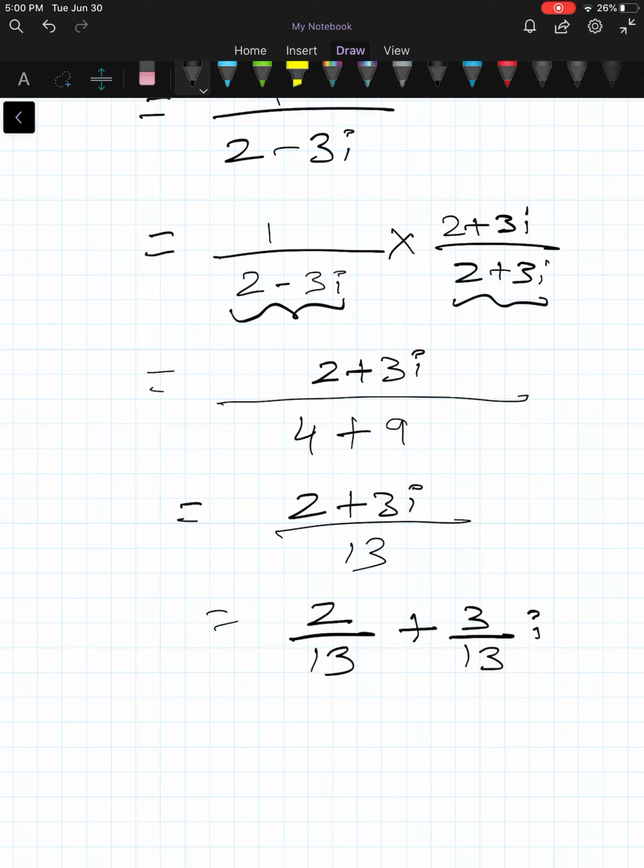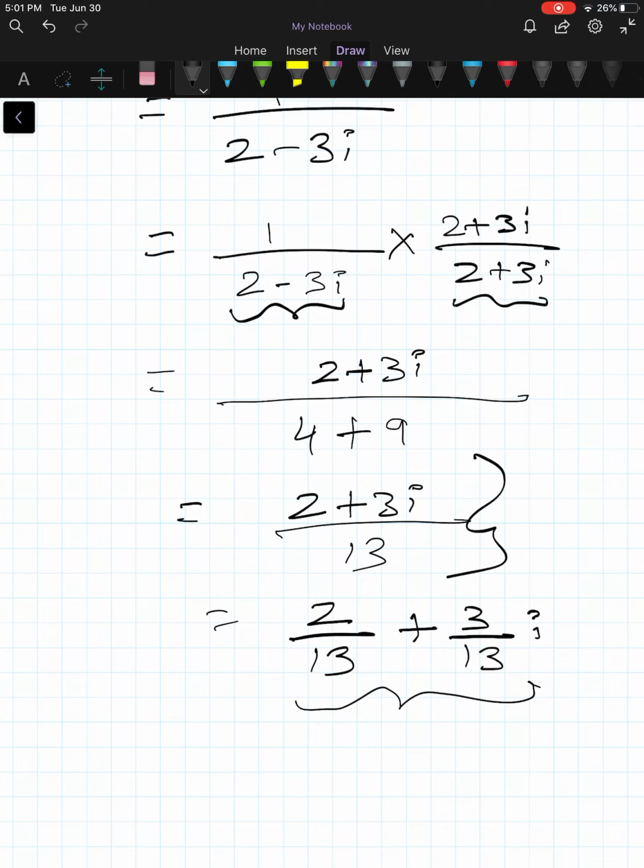So be careful to read the question properly so that you will understand what you have to do with the problem. Like if you are asked to express the final result in the standard form a plus ib, you will have to do this process, the last process that I did. If not, you can leave it like this. So you have to be careful. If you do not do it when you are asked to do something, you will be losing points.